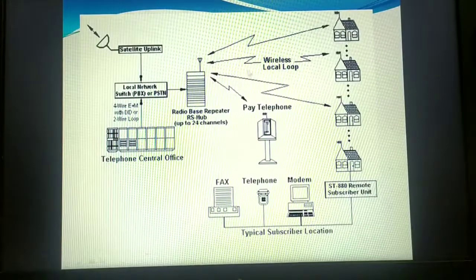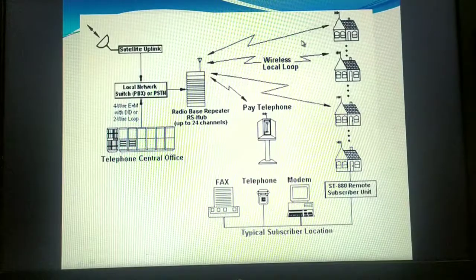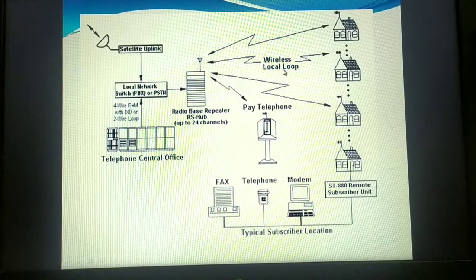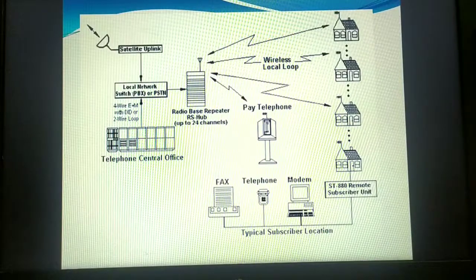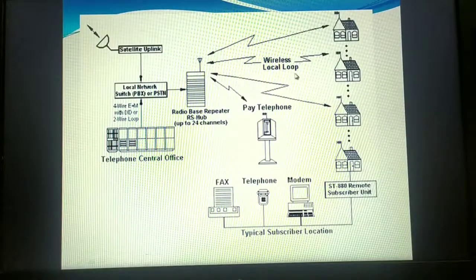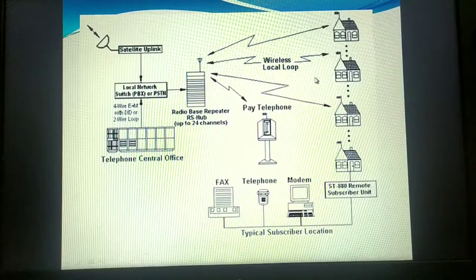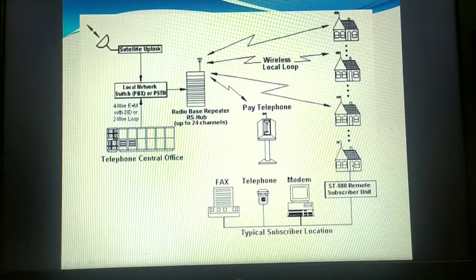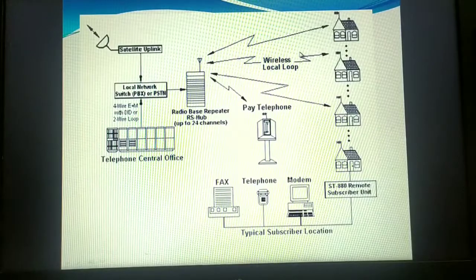Next thing is, it's not only the telephone service. Before wireless local loop came into existence, it was very much analog and restricted only to telephone services. But now even data is supported, for internet services also. Data transmission also it will support, like a fax, or a modem could be connected to the computer in order to have data services. Through wireless local loop we can also send internet services. Now it has been converted to digital also, but we are studying it in the analog form.